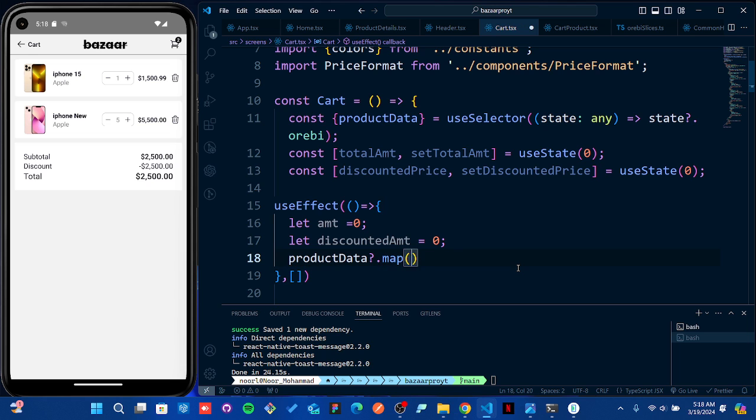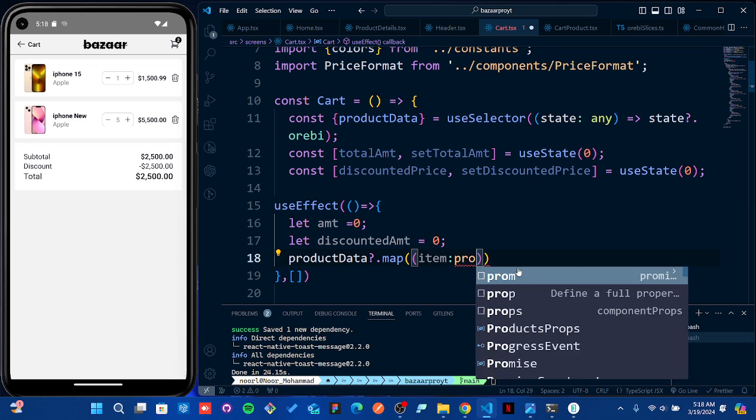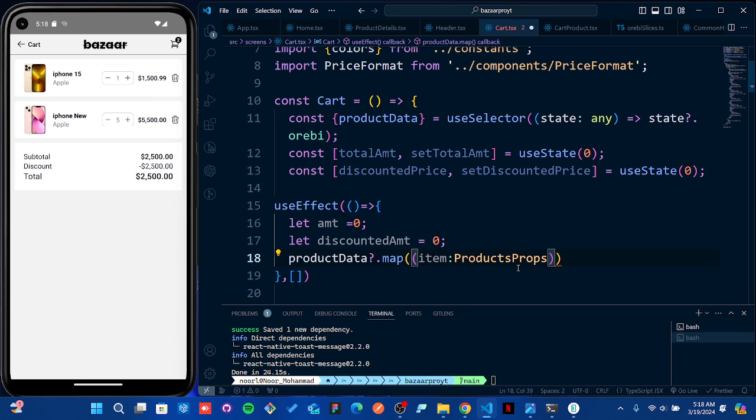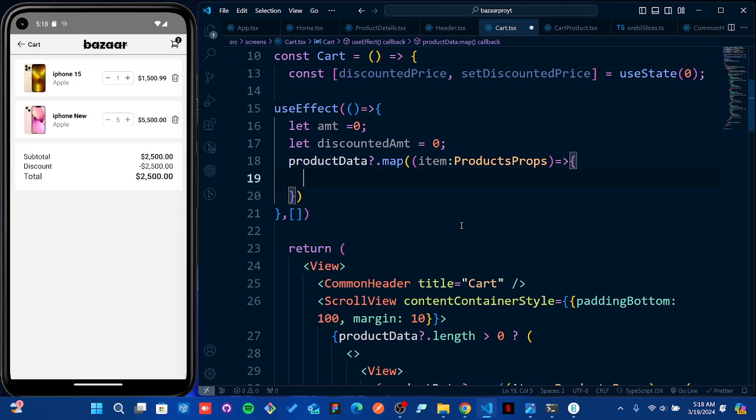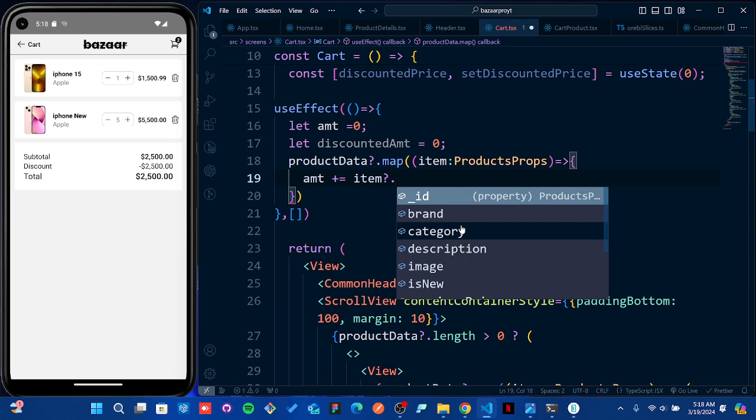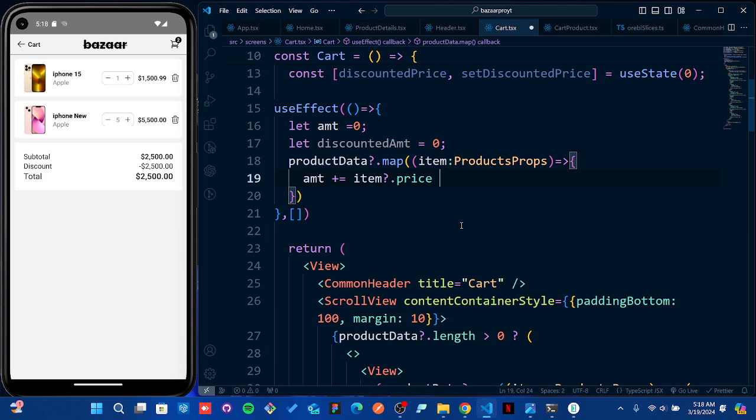In the product data, of course, we're going to get the items, which will be the product props. And here amount should be plus equal to item dot price into item dot